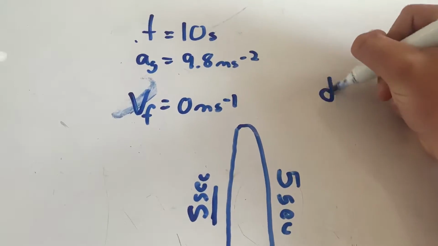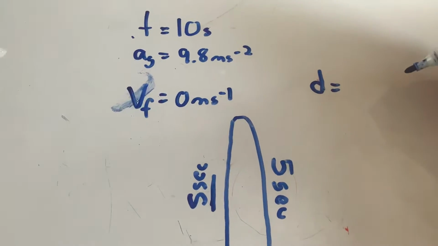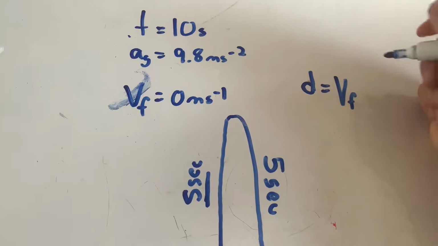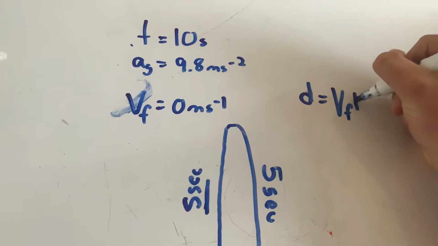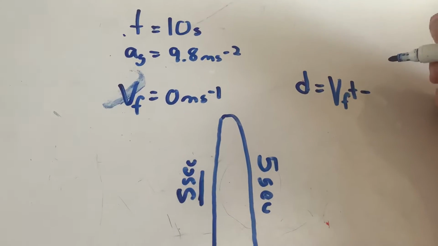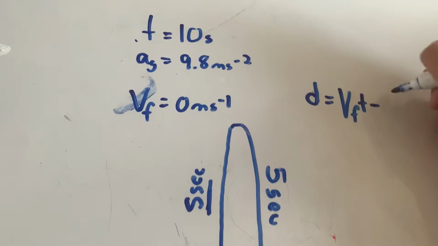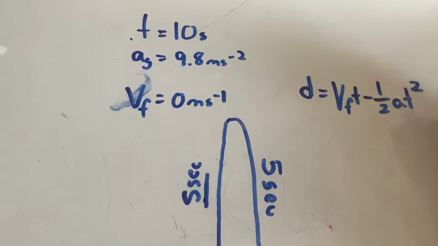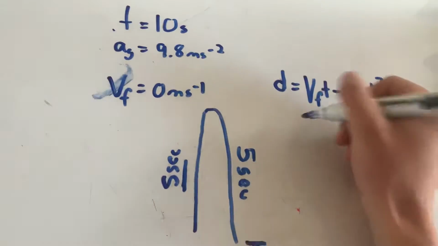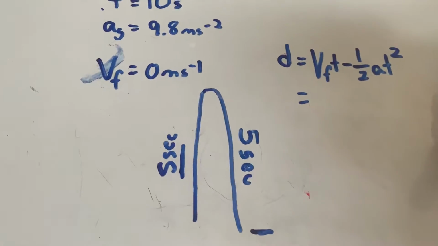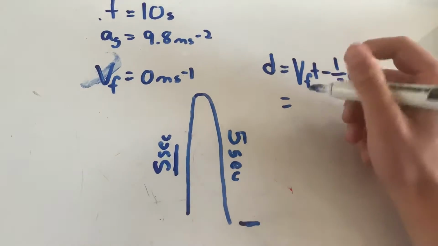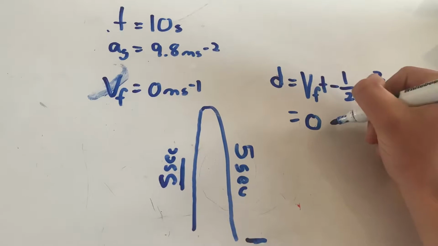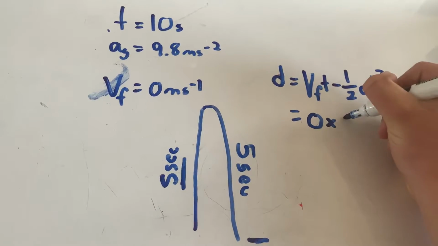It's distance is equal to final velocity, so VF, times time, so T, minus half of acceleration times time squared. And we can easily just substitute the values here. So we know that VF is 0, and we know that time here is equal to 5. So 0 times 5